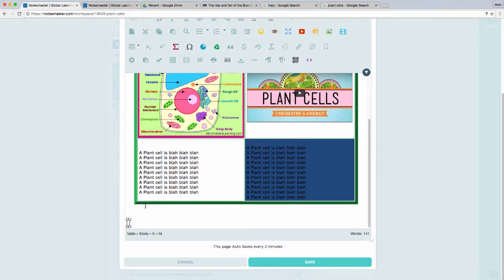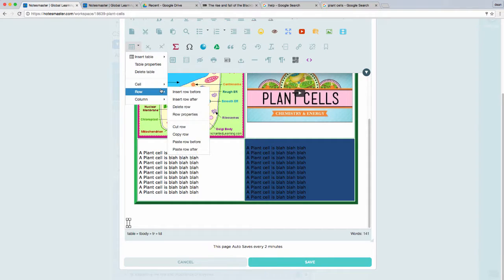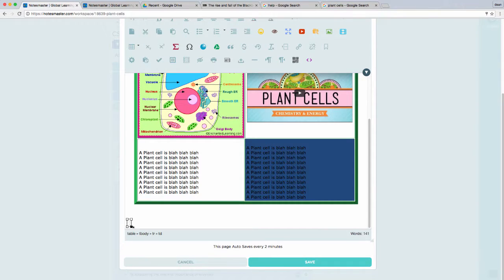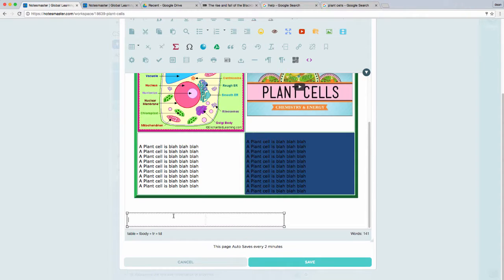If I want to add another field to my table, I could right click on it, or I could simply go to Table, Insert Row Before, Insert Column Before, so I give it another column and drag it out. Okay, so in here maybe I want to go into the Insert file